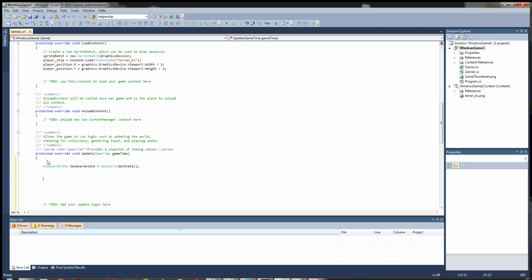Remember that update is constantly called. Update is called 60 times a second. So 60 times a second, this function is going to run. It's going to scan your keyboard, and then we could also make it do actions based on what keys it finds pressed. For instance, let's say that we want to